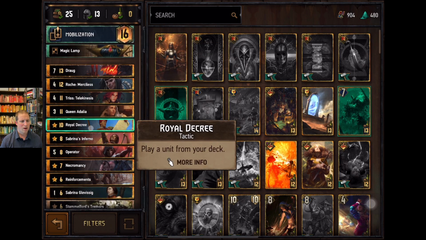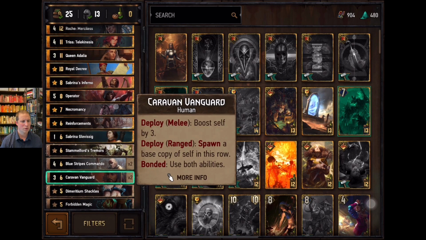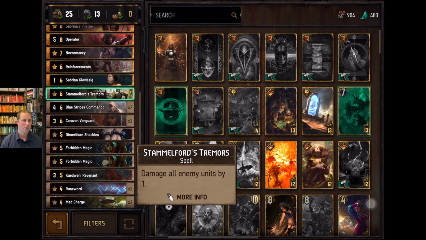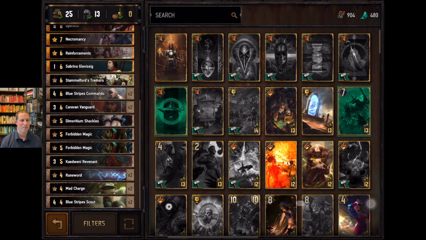Reinforcements, though, we can use with our Caravan Vanguard. We will use Operator to play those, and then we will also use Queen Adalia to play those. So we're just going to get a bunch of Caravan Vanguards out. The one thing we do have to be concerned about is them getting wiped off, because we will be using Mobilization with the Blue Stripe Scouts to play another one from our deck